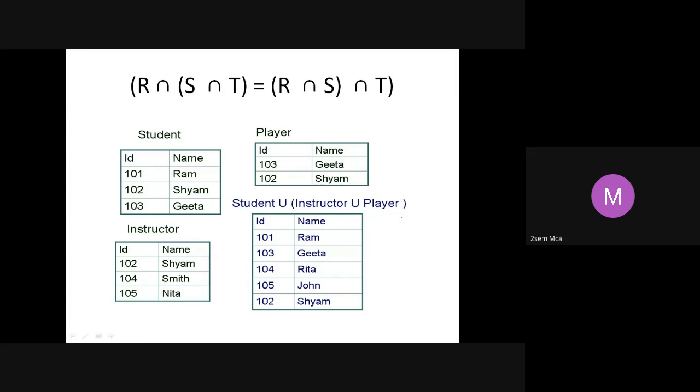Intersection is also associative. You can have an associative relationship in the case of intersection also. I think I've shown this wrong. This is intersection, and sorry for that. This is intersection. Okay. This result is also wrong, I think. What should be the result here? Anyone? R intersection S intersection T. What should be the result? Anybody?